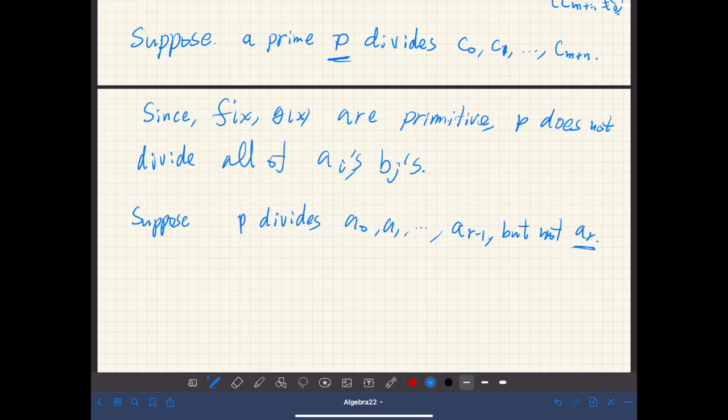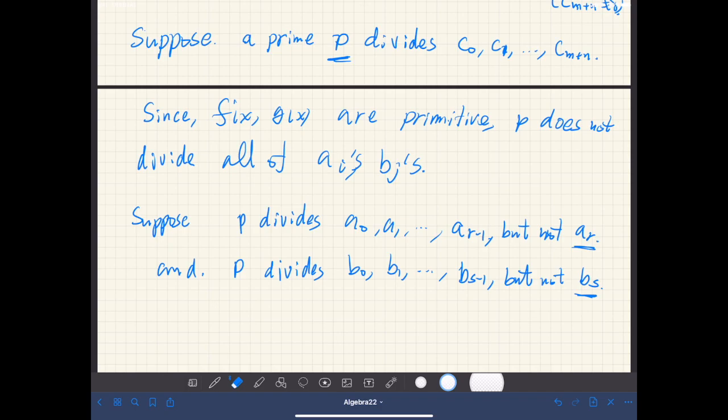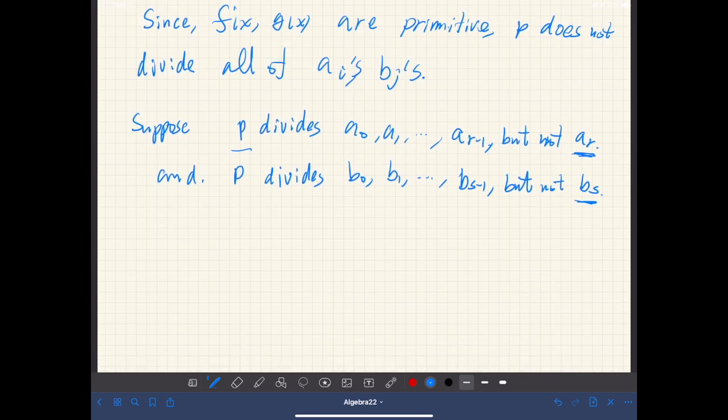And also p divides b0, b1, and so on up to b_{s-1}, but not bs. So that means bs is the first coefficient p cannot divide. And ar is the first coefficient p cannot divide. Okay? Then consider